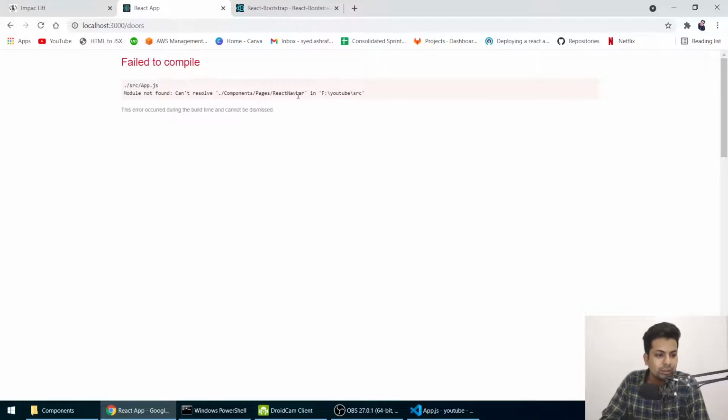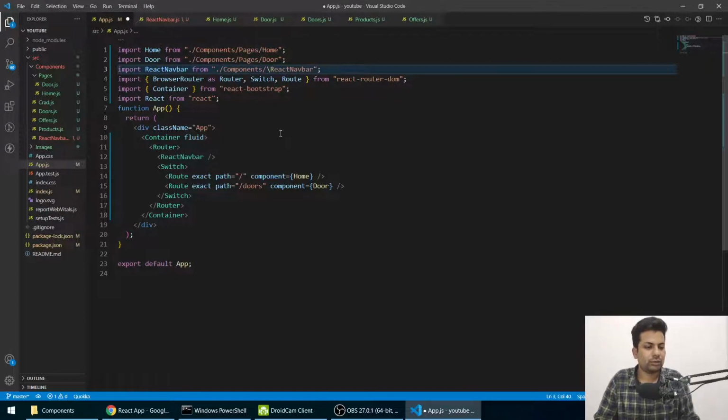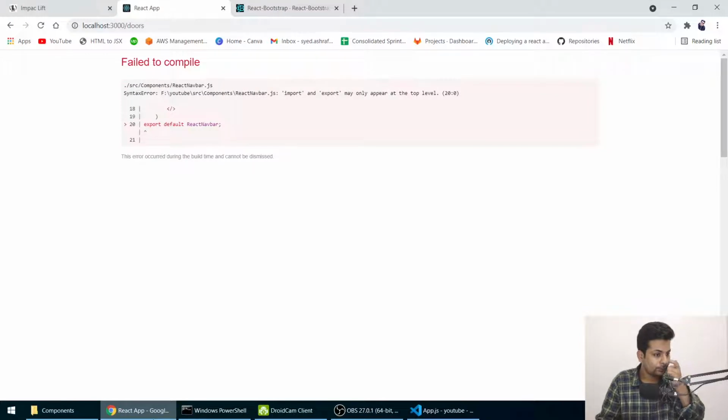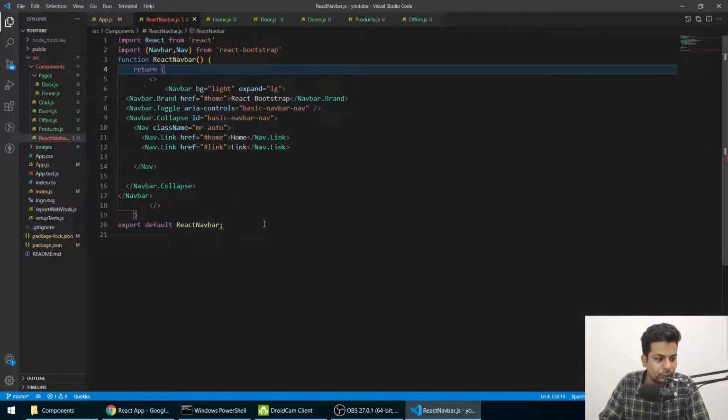Now the components, pages, okay, not found because it's not in the pages. React navbar is in the component. Save it. Import export only at top level. Okay, there's some error. Okay, I think everything is fine here.